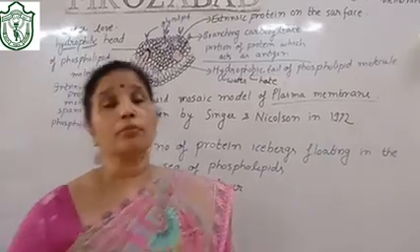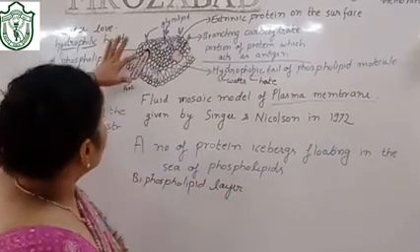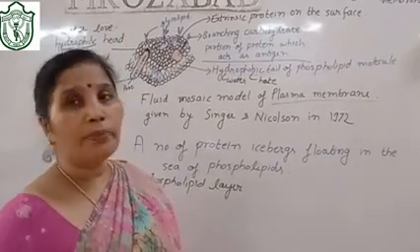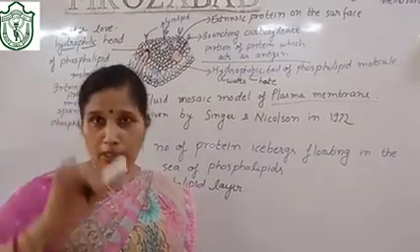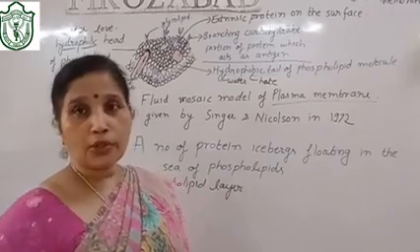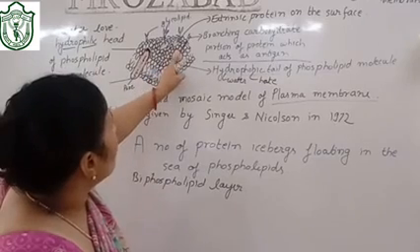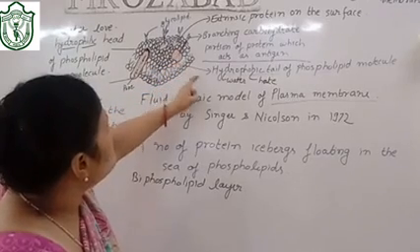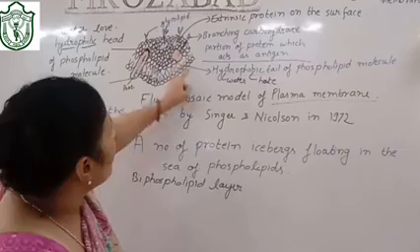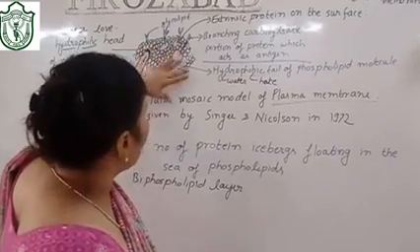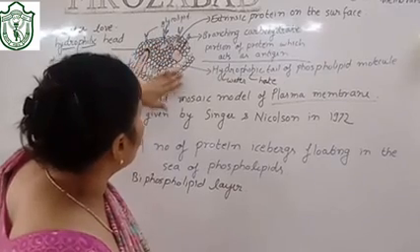So these are the intrinsic proteins which are responsible for the mediated transport, how the transport of water and such things can occur. Now you can see this protein is not traversing the whole length of the plasma membrane. What is this? This is a three-dimensional view that I have tried to show you.